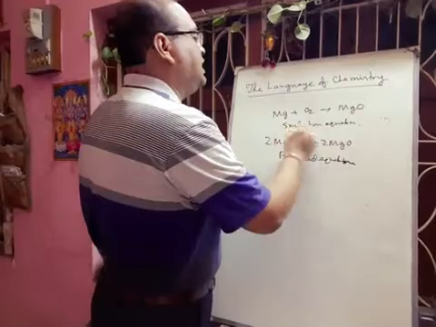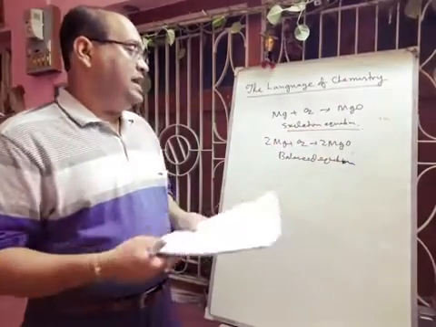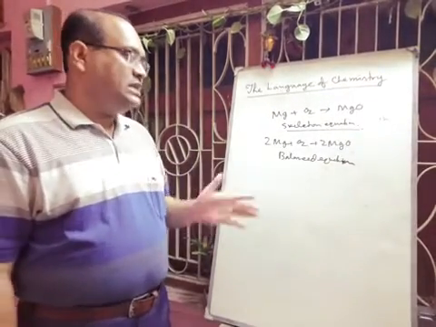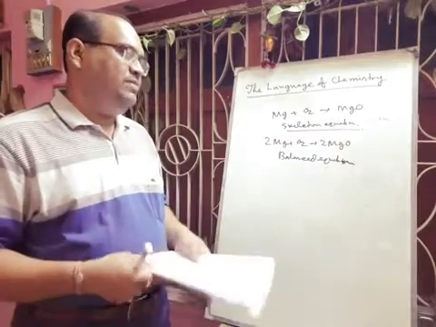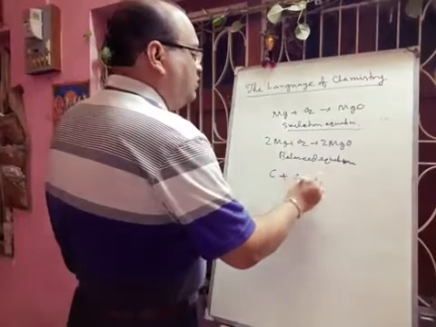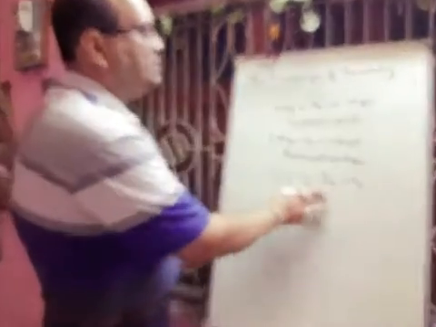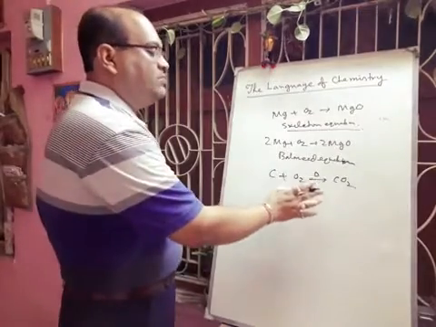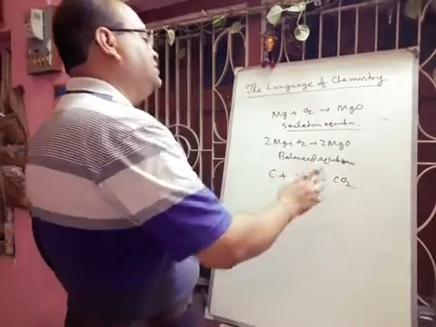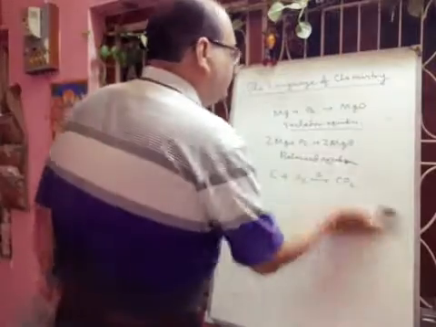So in the case of a skeleton equation, the equation may or may not be balanced. Some reactions can be both skeleton equation and balanced equation, like C plus O2 forming CO2. In this case the skeleton equation here is also a balanced equation, so it is already balanced. So you can call it a skeletal equation as well as a balanced equation. Hope you can understand the difference between the skeletal equation and balanced equation.